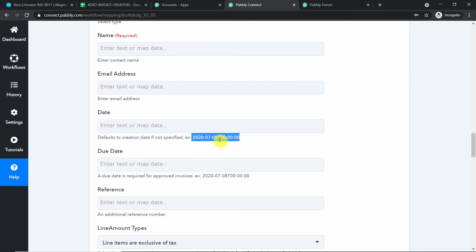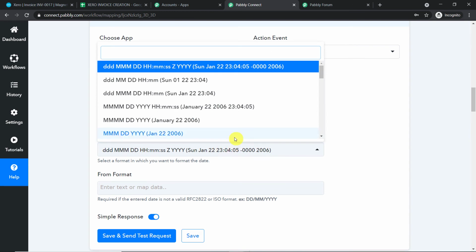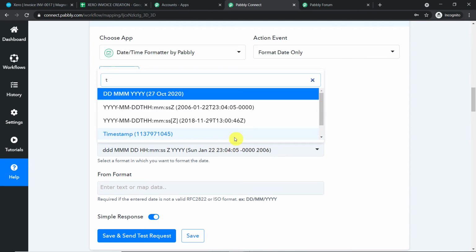Now the interesting thing about this format is it contains the letter T. As you can see, it contains the letter T. Out of all this format that we want to be converted, all we have to do is just type T. This is how I just use this app, because it will be a bit bothersome if you're trying to find out which is the one. So this is how you find the format.